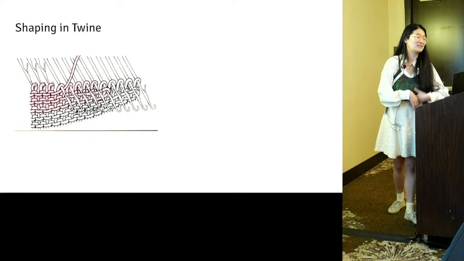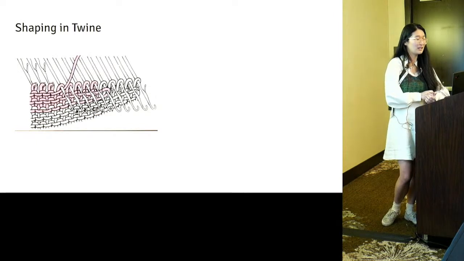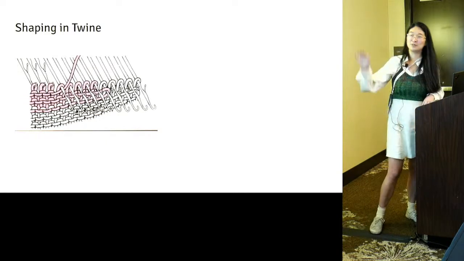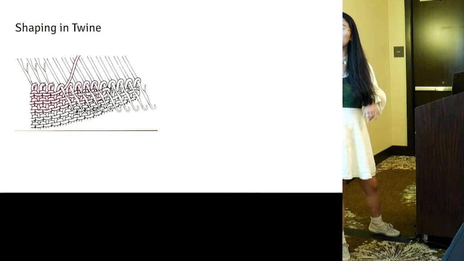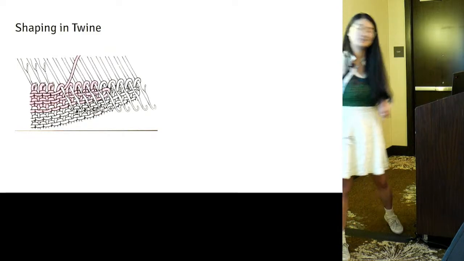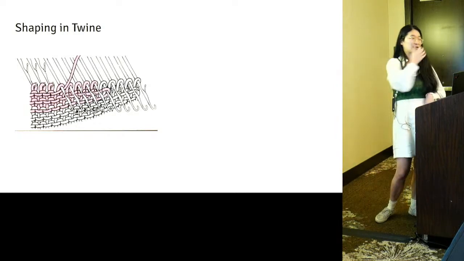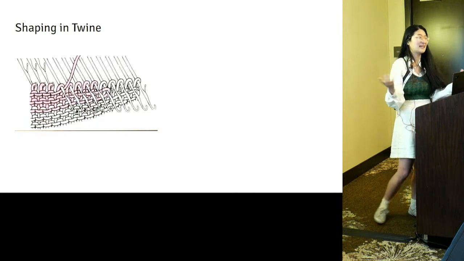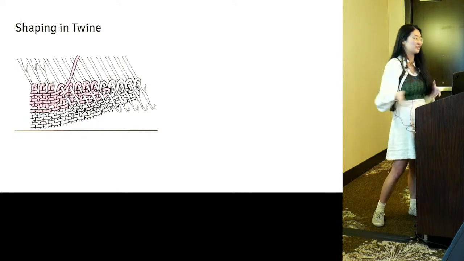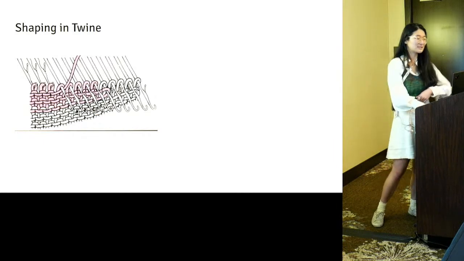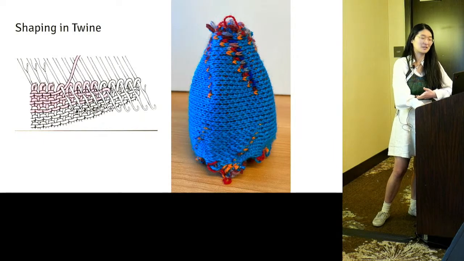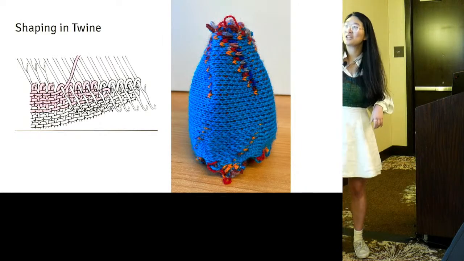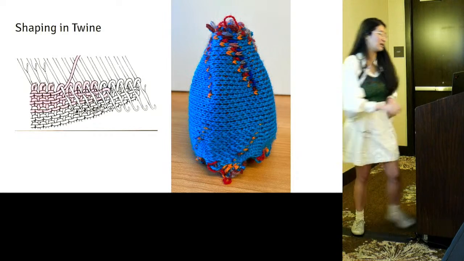And what's great about this technology is it's extensible to many kinds of shaping using short rows. And so what's a short row? It's self-explanatory. You start with your long rows, which are just the full width, and then those pink rows you can see are not the full width. And that is allowing us to create shaping in knitting. What's great is that in our technology you could easily say how many stitches are in each row, so it's really easy to specify short rows. And so I used Twine to generate this conically shaped object, and you can see the short rows here through the changing of where the color instructions are.